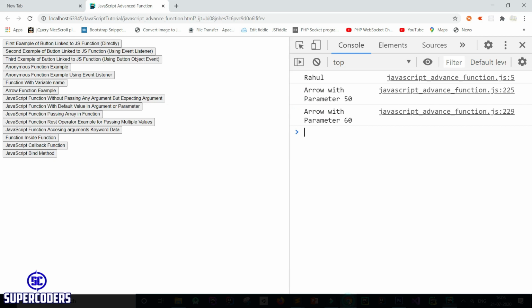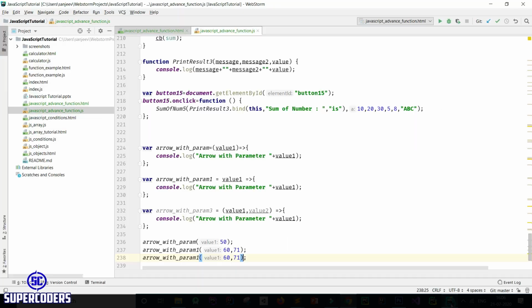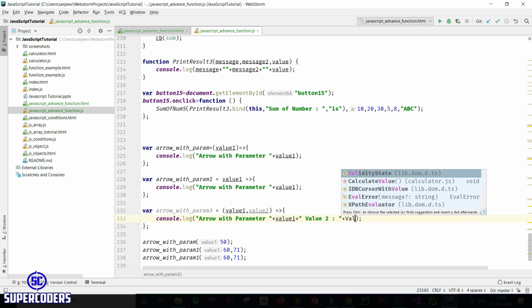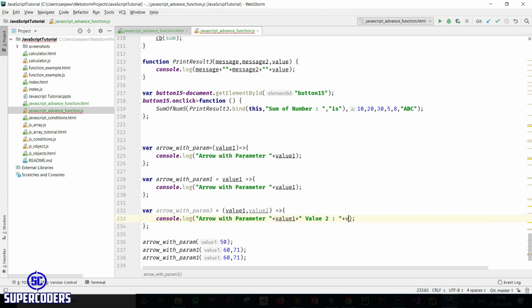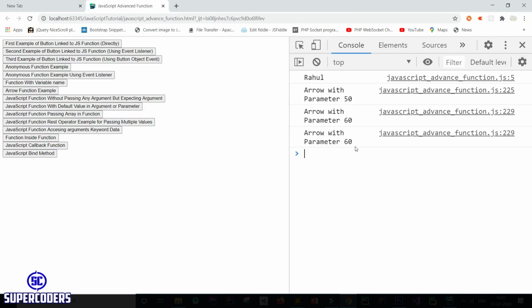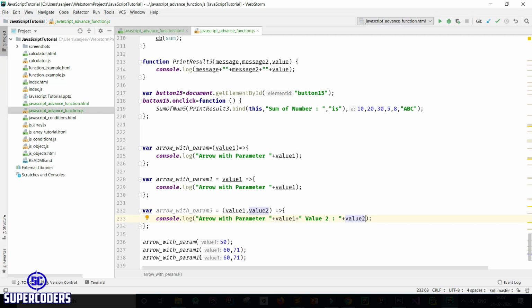Now let's see. Okay. Value 2. Value 2. Now run again. Okay, it's calling 3.